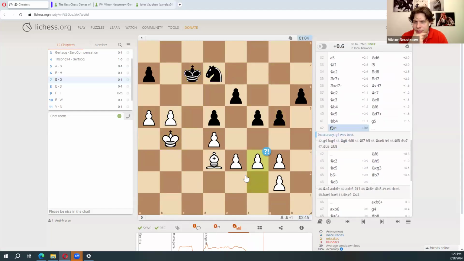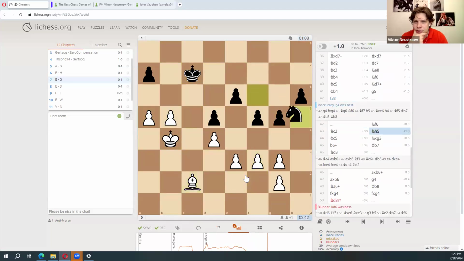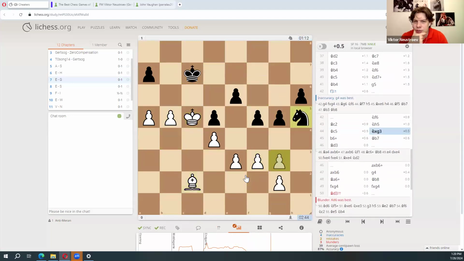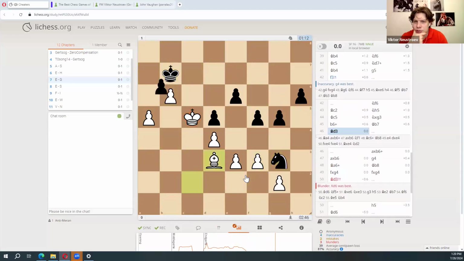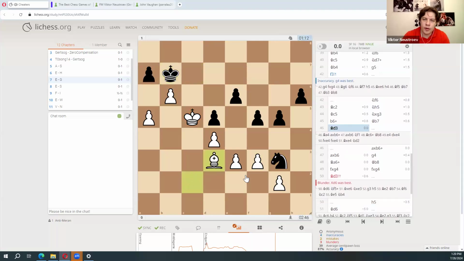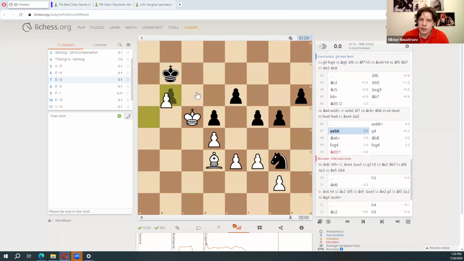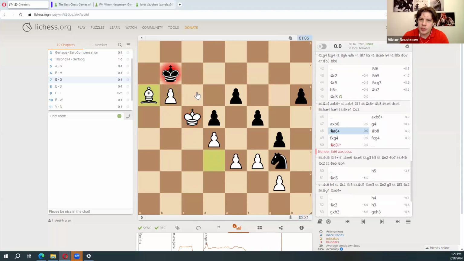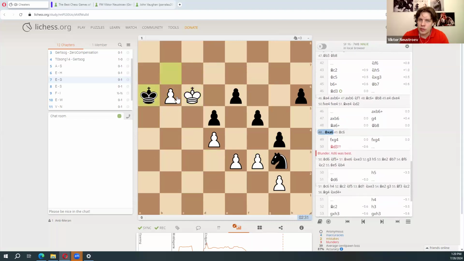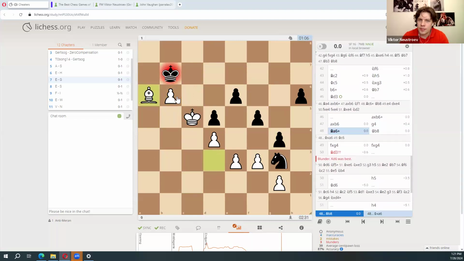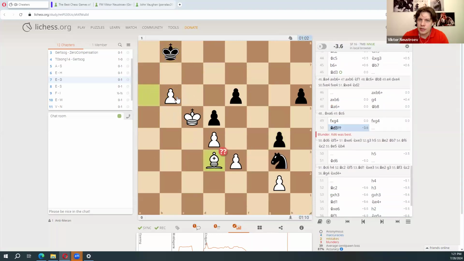f3. Well, I don't think f3 is a serious inaccuracy. Okay, g3 is a weakness. So this move threatens a6 and b7. So they have to take. g4, bishop checks. So if the king takes, then it's promoted. So it's a simple tactic, but king b8, this.